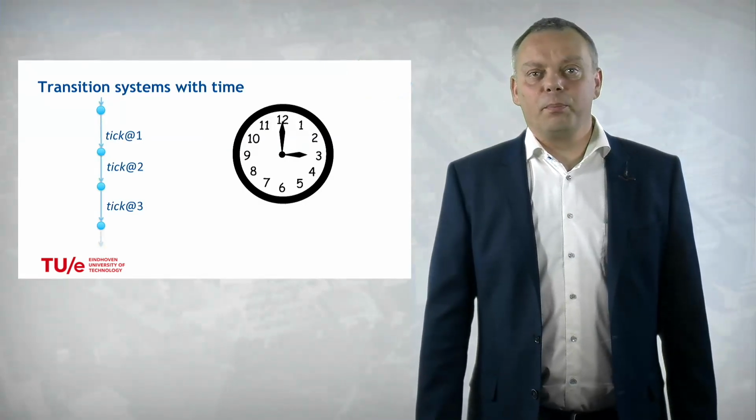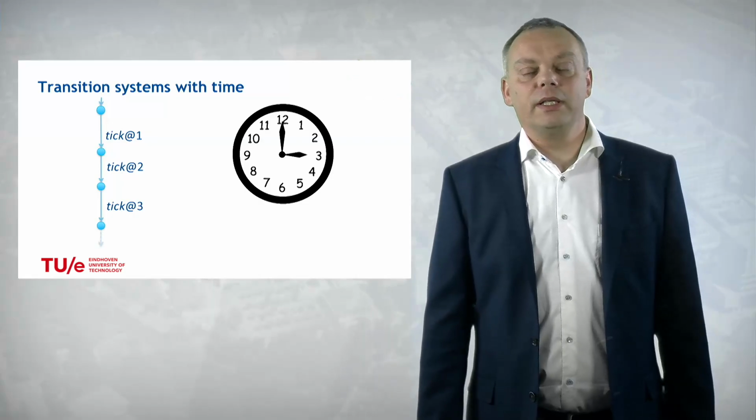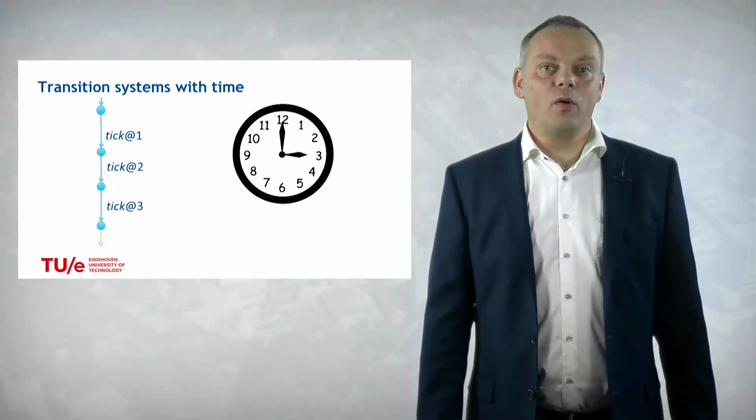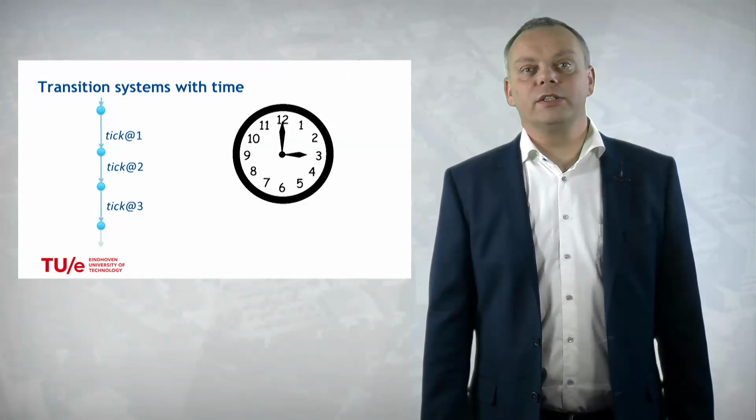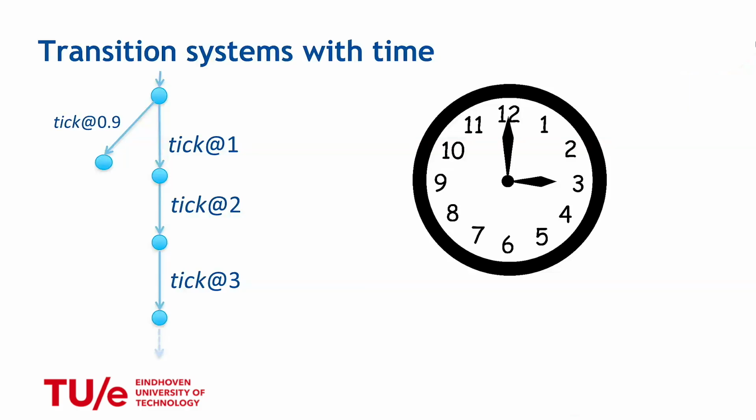One of the properties of describing slightly more realistic behavior is that it quickly can become complex. So assume that we have this clock, but it's not completely a stable clock. So it can tick at time 1, 2, or 3, etc. But it can also tick a little bit earlier, namely at time 0.9, or it can tick a little bit too late at time 1.1, and this can go on forever.